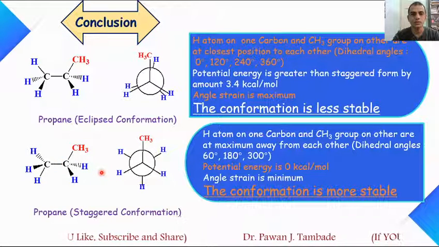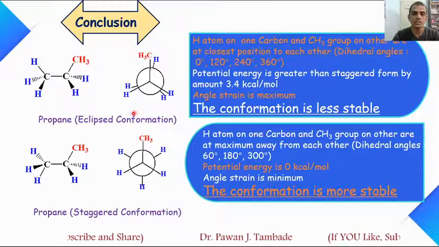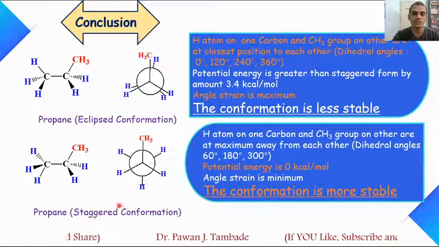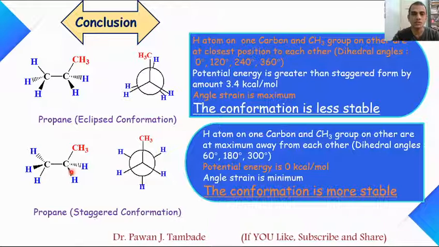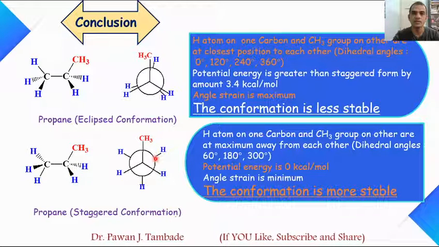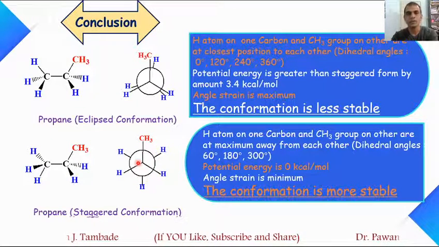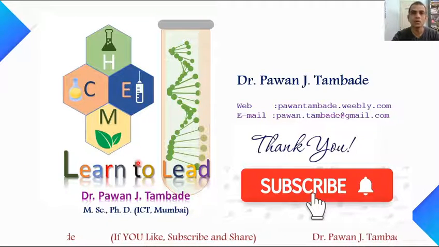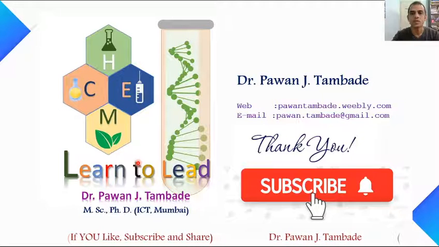and because of that this staggered conformation of propane is more stable in nature. So in case of propane molecule, we can notice these two different conformations, and among these two different conformations, staggered conformation is more stable at normal temperature and pressure conditions because of less repulsion between groups which are present on these two carbon atoms. So I hope in this video lecture you got to know about conformation of propane. Thank you very much for watching my video.